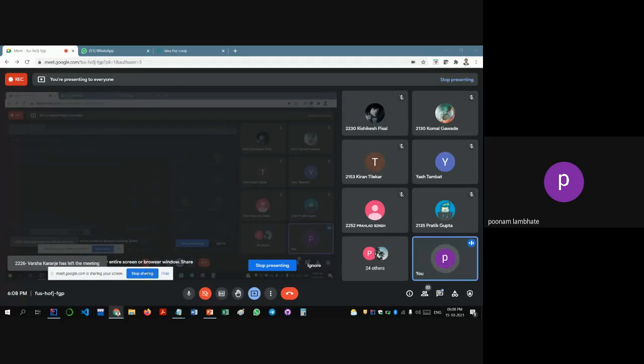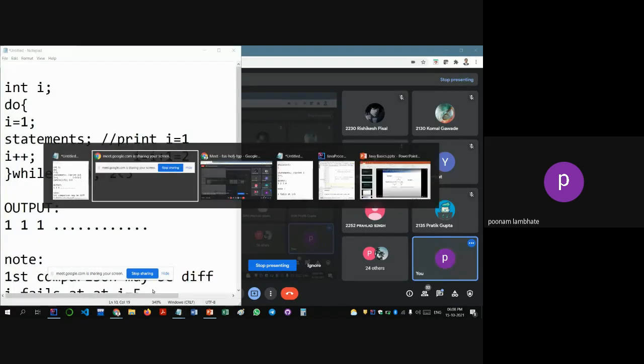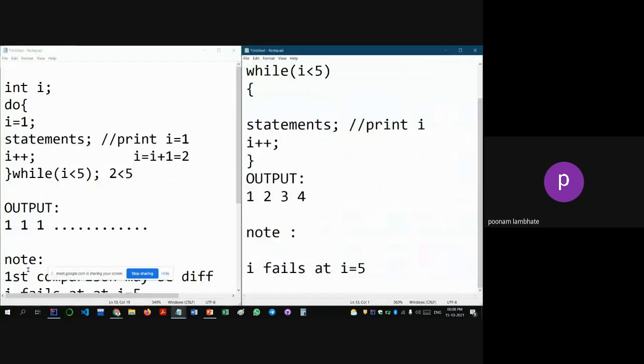So these are some real-time applications. It does have some applications, but for our programs, usually we do not use it, right? I hope you have understood this. Now another case,